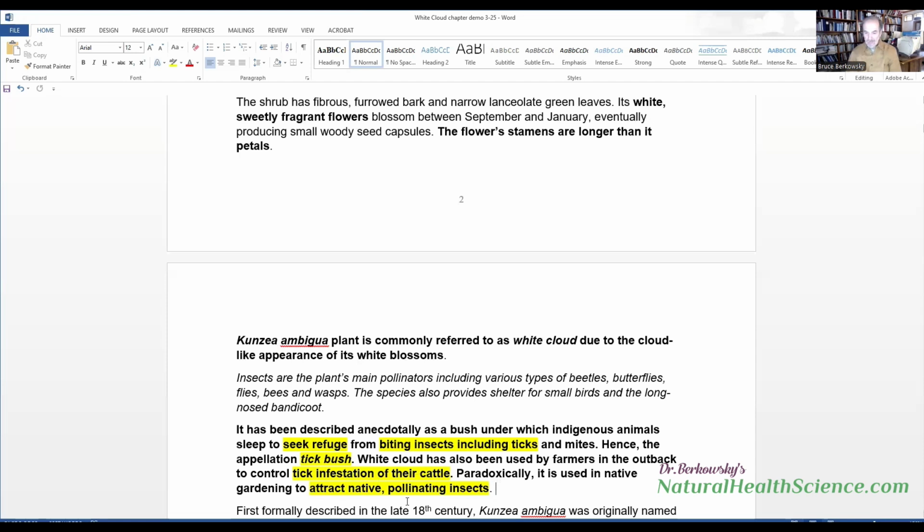So the question that may come to some of your minds as soon as you hear that is, would this be an oil that I should consider in blends for Lyme disease? Because it's a major problem here in the US. I'm not sure if it occurs in other countries in the world. I haven't really looked into that. But especially on the East Coast and in the Midwest of the US, this is becoming a really major problem. And for some people, it's a life-destroying type of problem. The pain, the fatigue seem to be insurmountable.